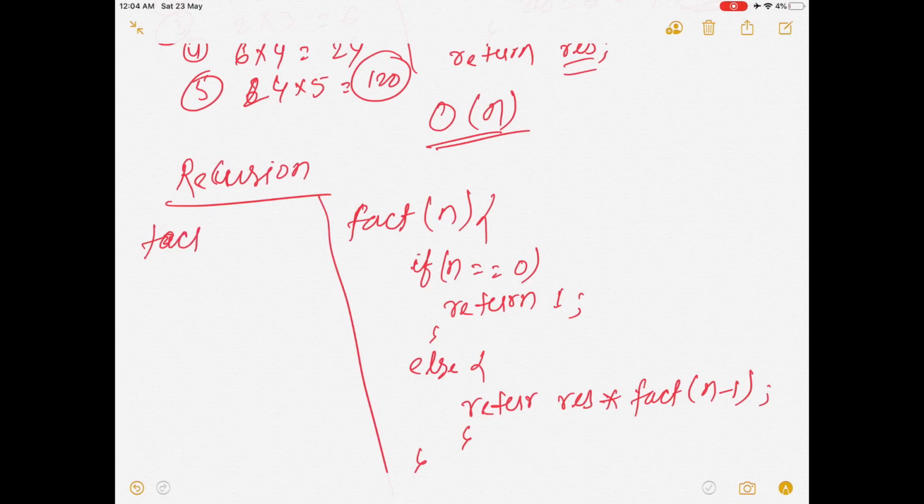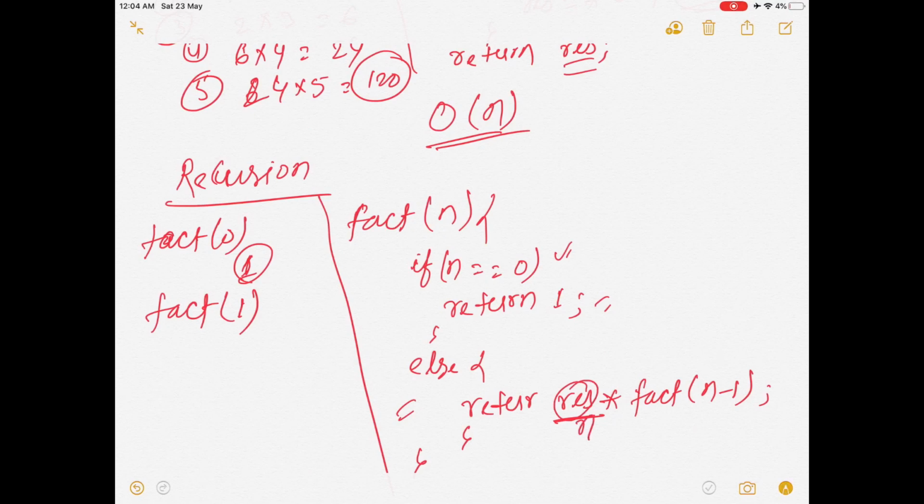Now if you are passing factorial 0, what will happen? It will come here, check n is equal to 0, so it will return 1. If we are passing fact 1, what will happen? It will come here, n is not equal to 0, so it will come to this part of the code, and in this case, this will be n.